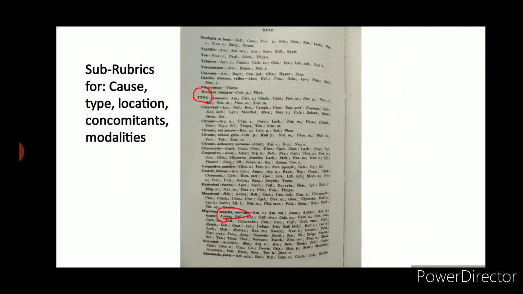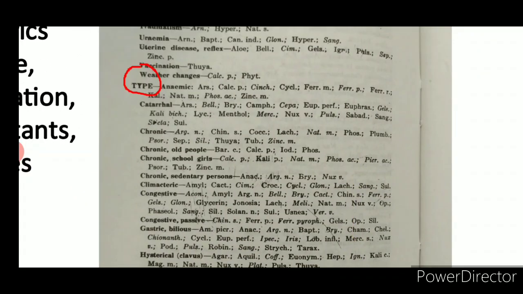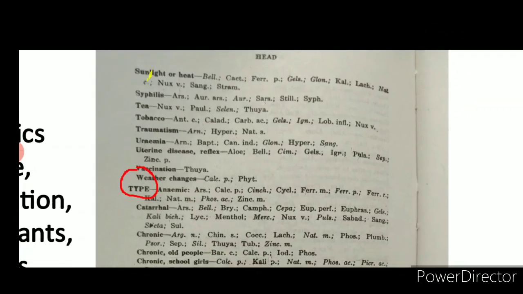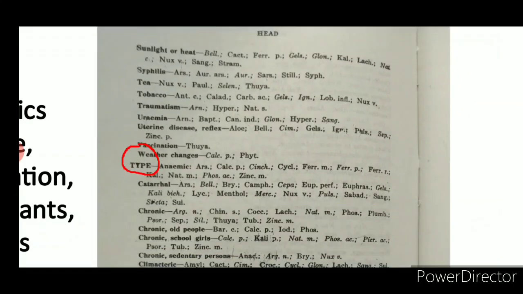Now, with the pain rubric, the sub-rubrics are given in one particular order. With every pain rubric we will find first a sub-rubric of cause, then type of pain, then location, then concomitants and modalities, which are again divided into aggravation and amelioration. So here we have a rubric of cephalgia or headache in the repertory, and we have first a list of causative factors, then we have a type of headache,